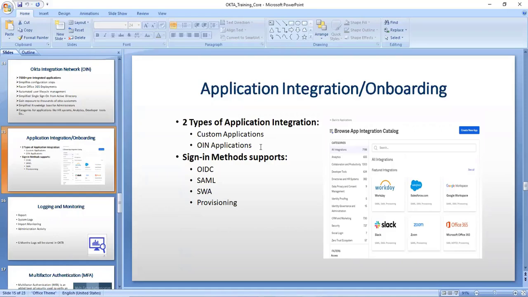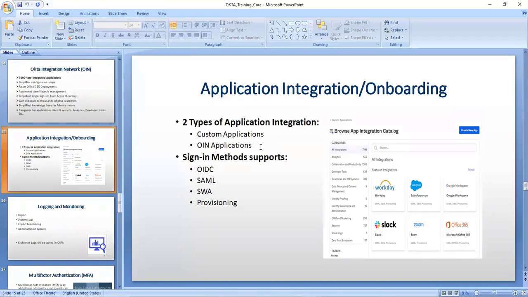First one is for custom applications, which is not available in any of the cloud or open source, or, another thing, which is not available in the Okta Integration Network. Simple as that. And the second type is OAuth based application.